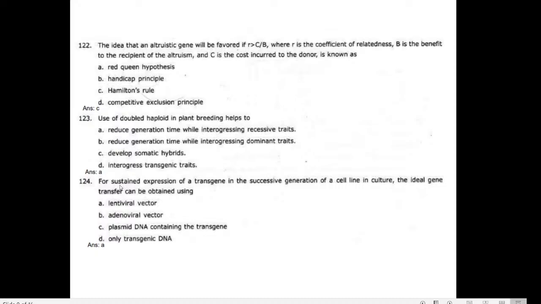The next question: sustained successive generation of cell line in a culture. The ideal gene transfer can be obtained using the lentiviral vector. This is the method, an advanced research technology which many laboratories work on. The sustained expression of a transgene is the expression which happens throughout the life cycle. The transient expression means that is